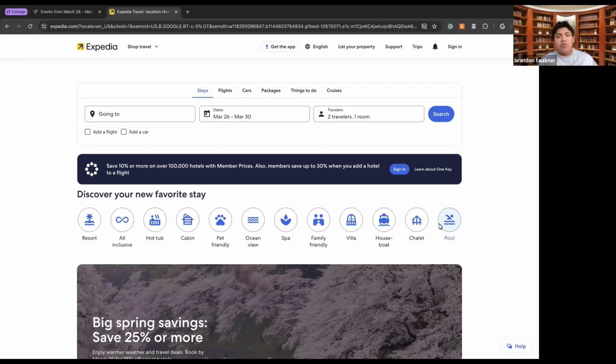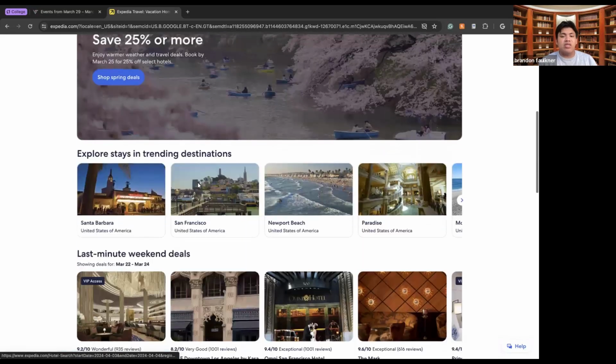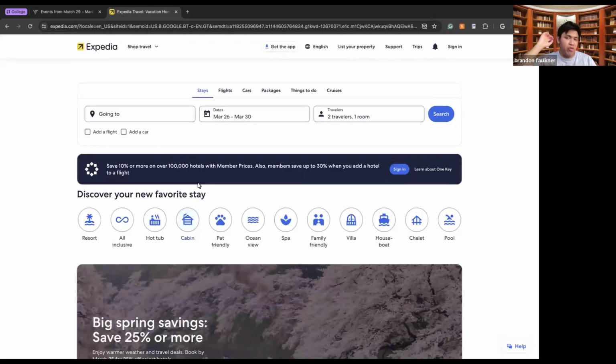Today, we'll be discovering the world of travel with Expedia. There are many different routes that you can take on different trips that you are planning, and different things that you can get out of your travels in order to make sure that your trip is as enjoyable as possible. So what Expedia is, it's basically a way for you to book hotels, book whatever you need to in order to make sure that you're getting on the right path of travel.